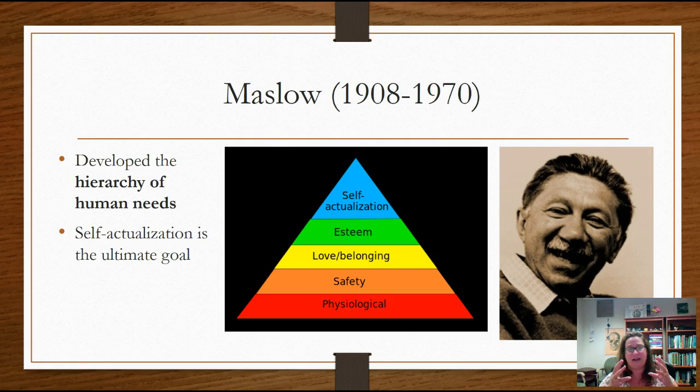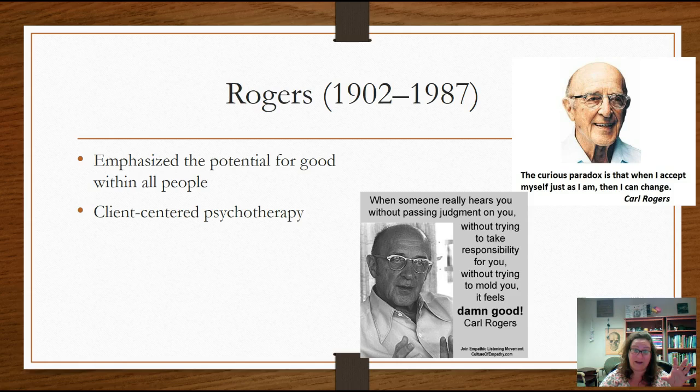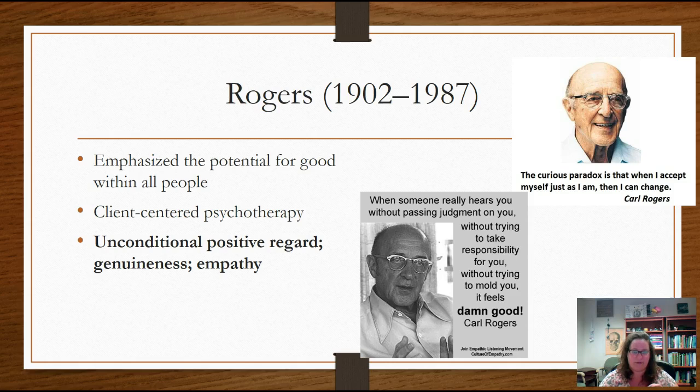So this was kind of this perspective that really showed that we need to meet those base needs in order to move up. Carl Rogers is a humanist that many people who end up doing counseling or clinical psychology end up really relating to and following this perspective. But Carl Rogers believed that good is within all people. He was a humanist. And he kind of forwarded this idea of client-centered psychotherapy. So it's not a patient, it's a client. And what this kind of means is that the person is capable, they're not a patient, they're capable of meeting their own needs, of figuring out their own problems.